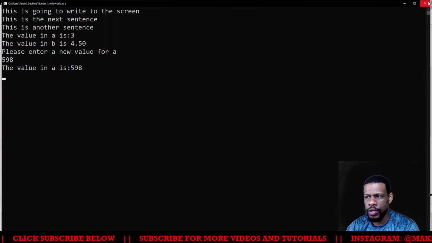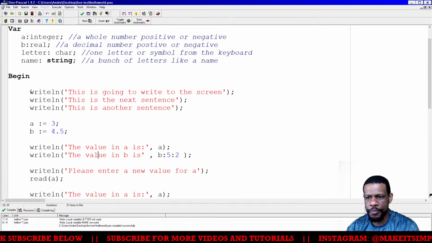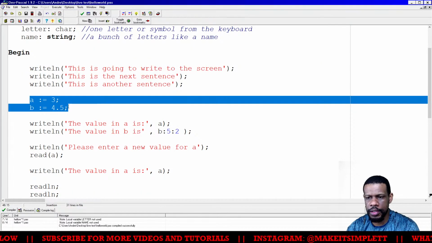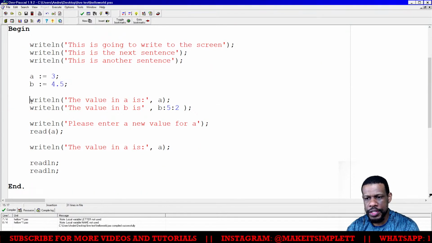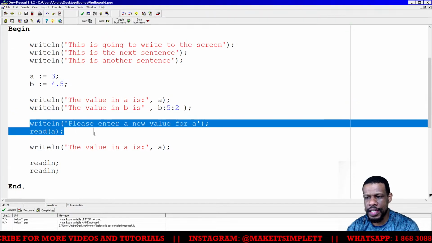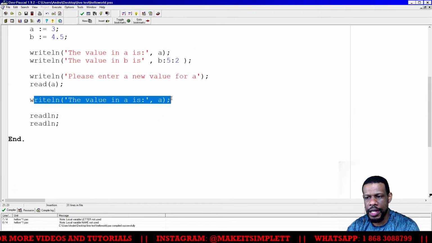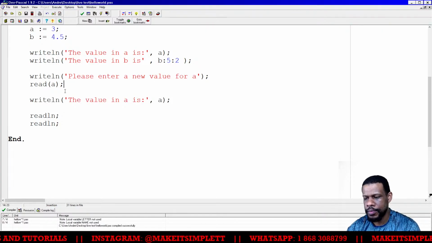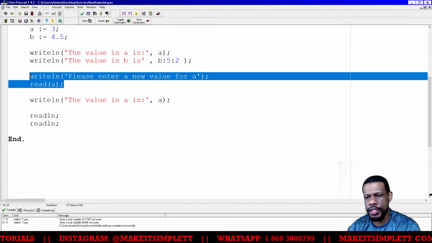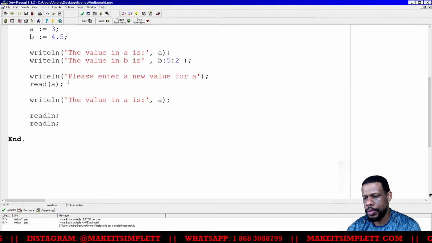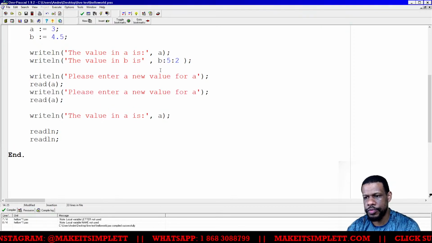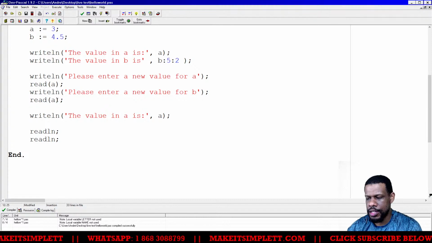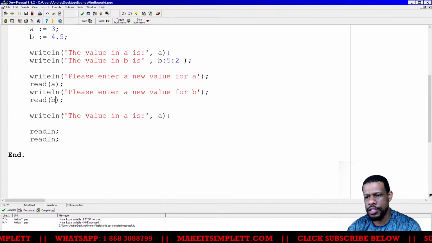So therefore, what I've done so far are the basics. I've printed some things to the screen. I'll show you the difference between writeline and write. I've put something into a variable manually and printed it back out for you. And then I've asked the user to enter a number, and I printed back out the number, and it will work. Same thing will work if I ask them to put a value for B. So I could put writeline, please put in a value for B. I'll probably paste this code in the comments of this video, so y'all can look at it if you want, because these are all the basics. If you can do these things, you should be good.